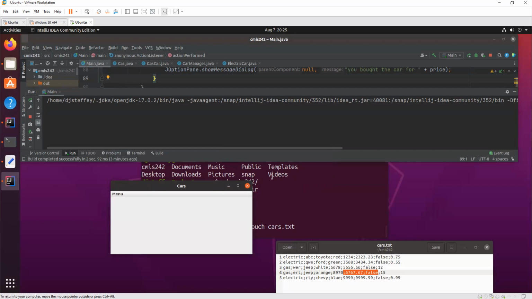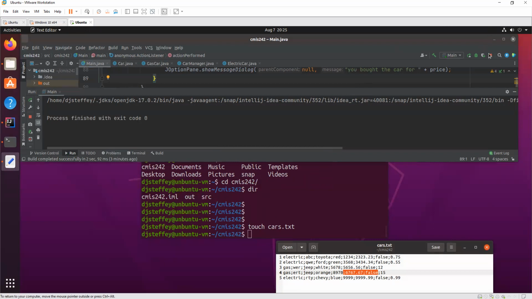The only other thing you have to do for your assignment, really, other than what I've covered, is, after I sell one of the cars, let's look at this. Let's look at the Jeeps again, right? If we look at Jeep, we have these two Jeeps. One is sold and one is not sold, right? One is true and one is false. Okay. Let's close the program. Let's run it again.